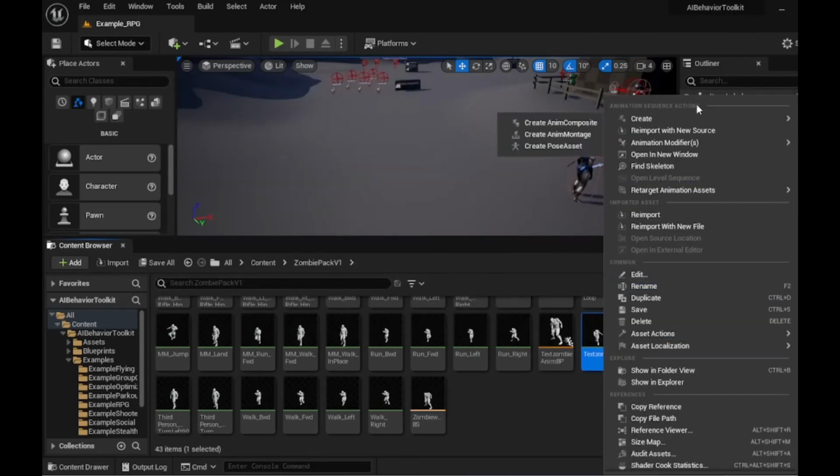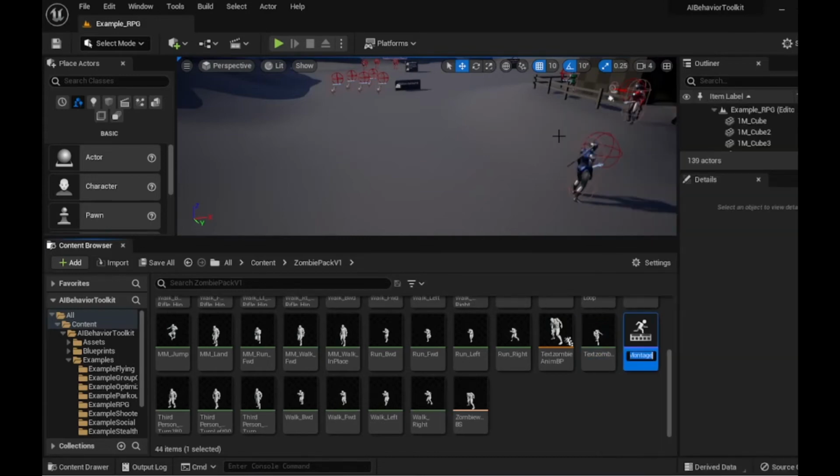Now we make a montage out of this. This poor animation's been bounced around everywhere. Same thing. Rename it the same thing. Text zombie attack animon. There, animon's good enough. I suck at spelling. Anywho, now that we've got that animation